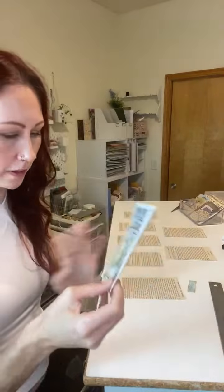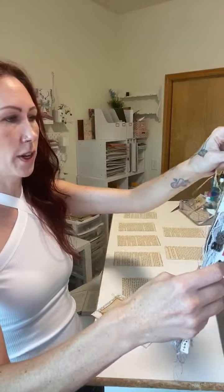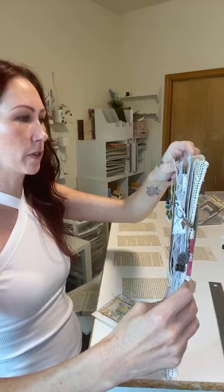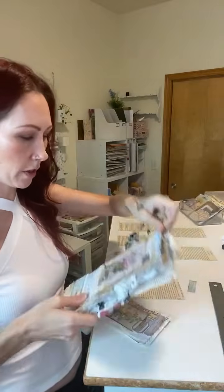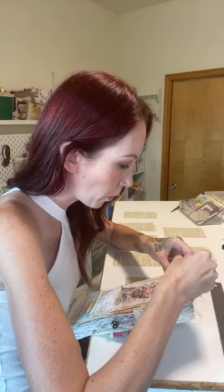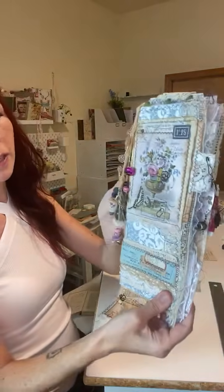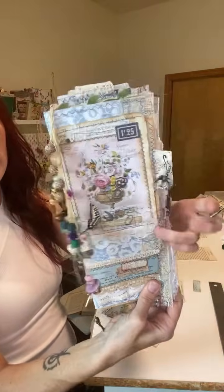And of course you can make these however you want, but I am all about the layered look for a journal cover, so it is my style. In fact, here is one that I finished. I finished this complete journal, and I'm working, hang on, let me show you. I am working on like a series of these, so this one's not available yet because I'm using it as kind of my template. But this is the one that I finished, and has a super fun,